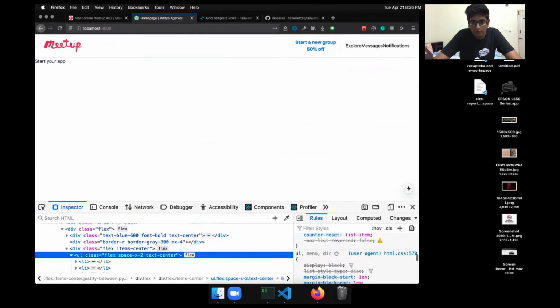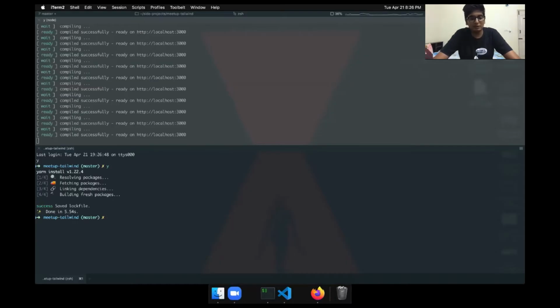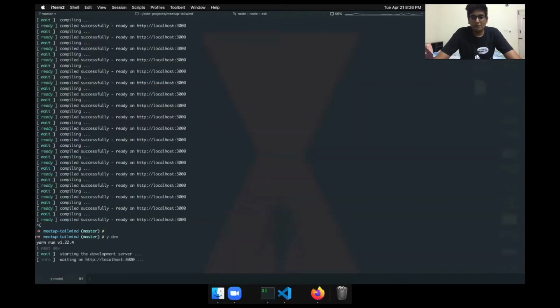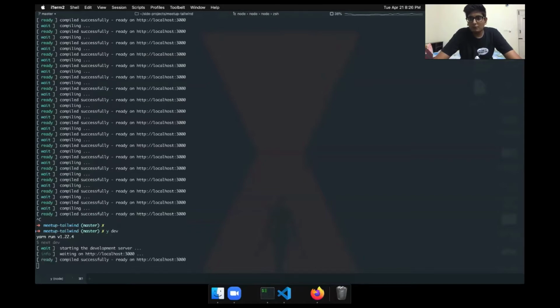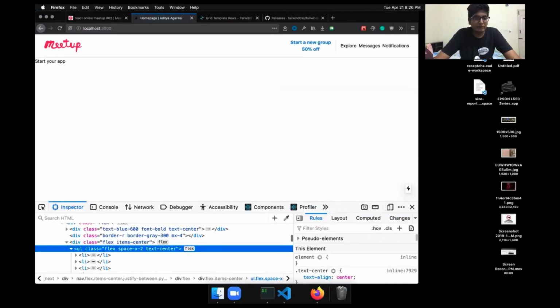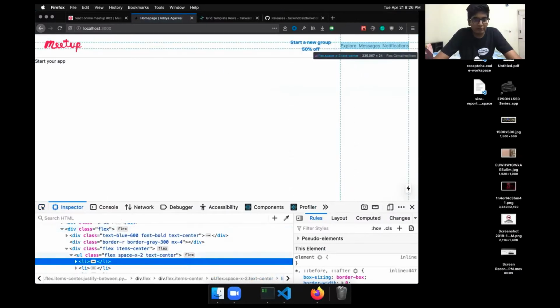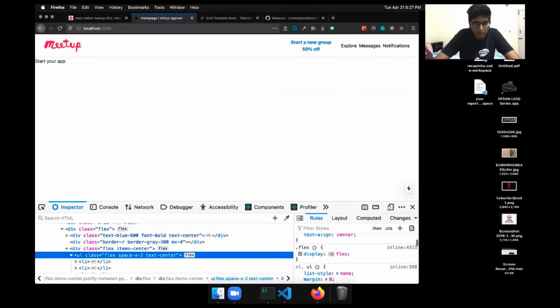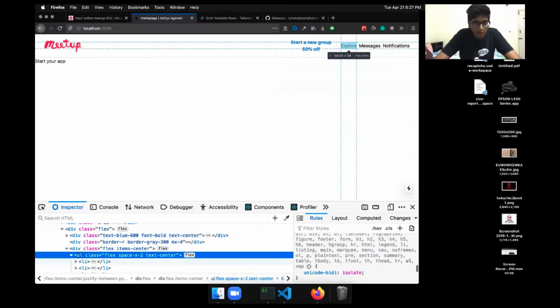So the space-x-2 class didn't do anything. Let's try restarting the server. Cool, that worked. So now we have some spacing between these items, and let's see how they are doing the technique. On the li,